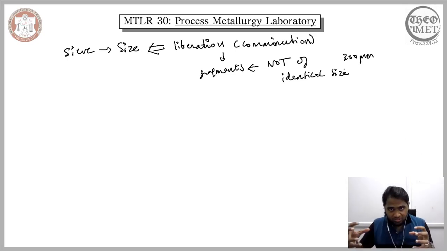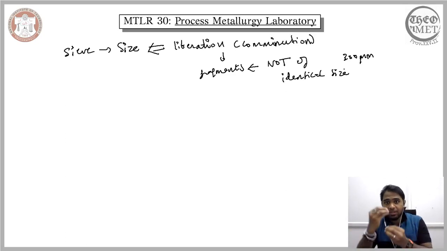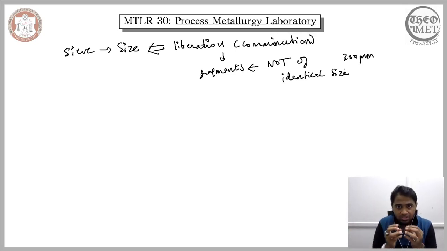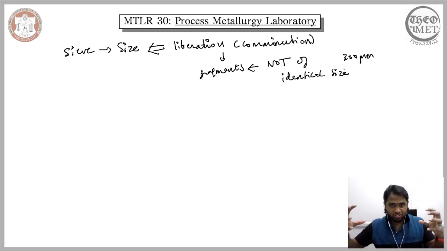So in the entire chain of mineral processing, the sieve analysis is used in order to verify if the desired end of the comminution is reached, or the comminution is being efficiently used, or the quality of the comminution is being achieved. So that is one of the critical purposes of the sieve analysis. In liberation, the end product, because of its characteristic chain, involves a wide range of particles with a wide range of sizes, and these different sizes ultimately go back to the overall process chain that is involved.